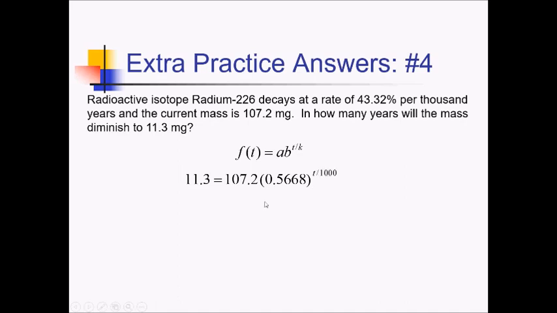And let's go ahead and solve now. So I'm going to isolate the exponential term. We'll do that by dividing by 107.2. 11.3 over that is, well, whatever it is. I'm just going to leave it that way because I'm plugging it in the calculator anyway. Next, to get the exponent out of exponent land, I'm going to take the log of both sides. I've got log of all this stuff equals, and now I pop out the t over 1,000 and have the log of